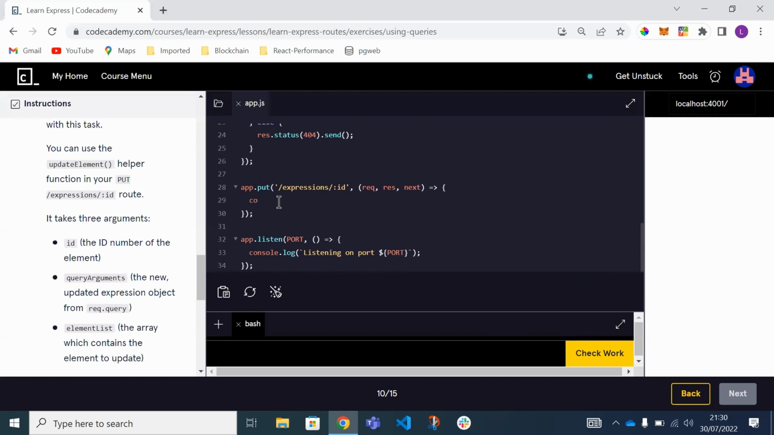So I suppose the first thing I want to do then is make a const called updated expression. Let me just fix this typo. I'm going to make one called the updated expression and equal that to req.query. This is the request that's coming into the back end. Exactly. That will store whichever values the person wants to update from the